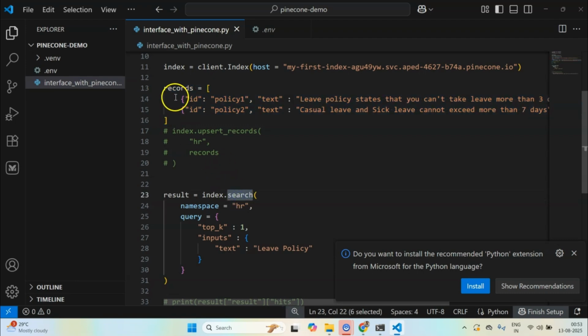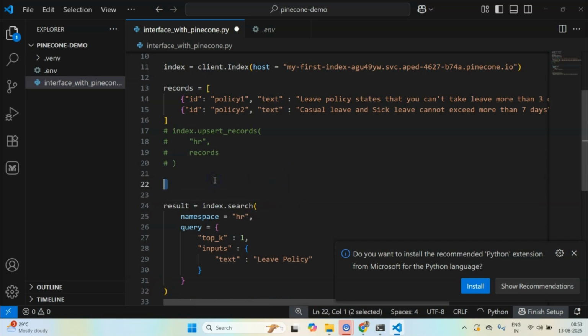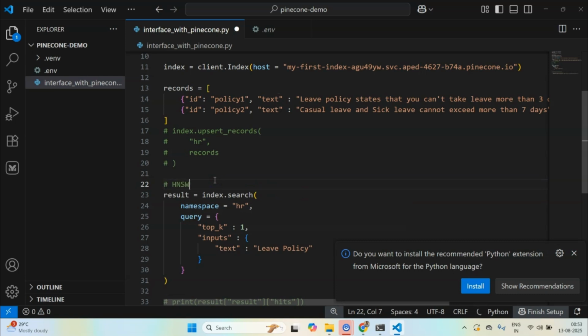Why do you have to wait? Because what Pinecone will do is, it will take all your millions of records, and first of all, it will create embeddings for the text, and second of all, it will take those embeddings and create a graph based structure for fast querying, fast searching. The exact technique that it uses is something known as HNSW. This is an algorithm to take very high dimensional vectors and create a data structure which is very optimized for fast searching. Okay, I hope I was able to make this concept pretty clear.